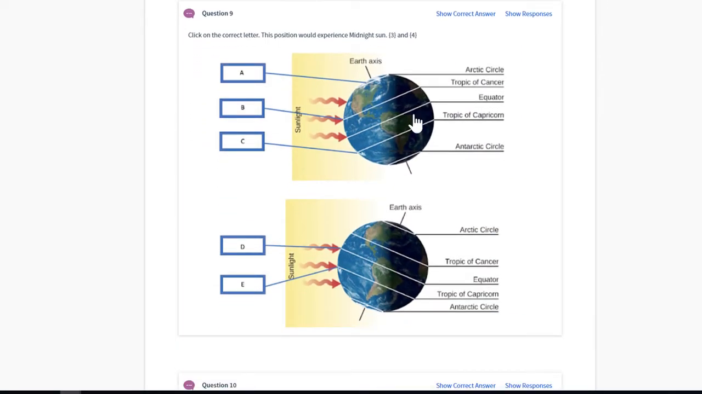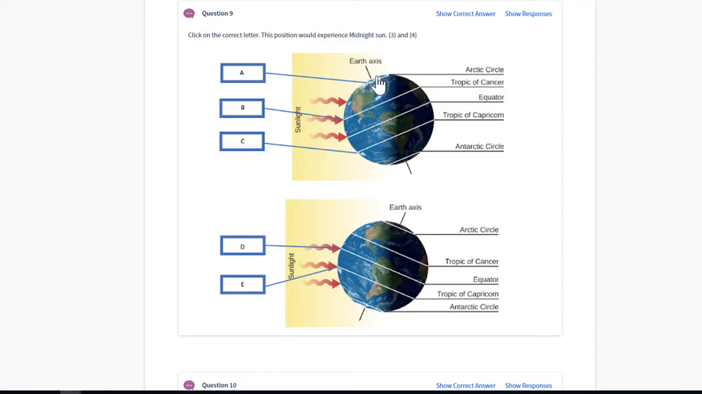So let's see question number 9. This position, click on the correct letter. The position would experience midnight sun. So that means the sun is up at midnight. So what happened here? Let's go. As you notice here, you have some hours of day and some hours of night. The equatorial area is the same thing. You have the same experience. So letter D and E is off the chart, since it is